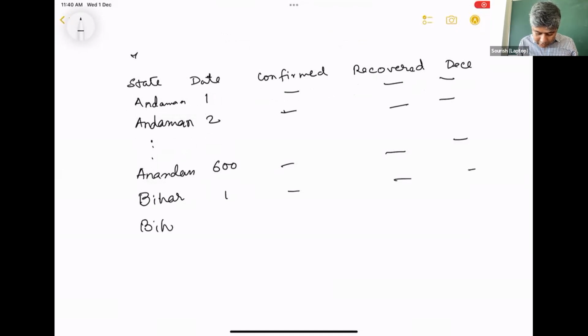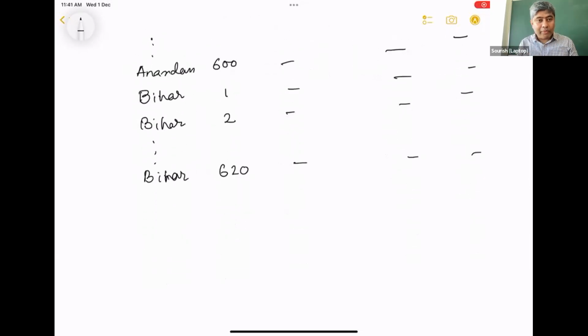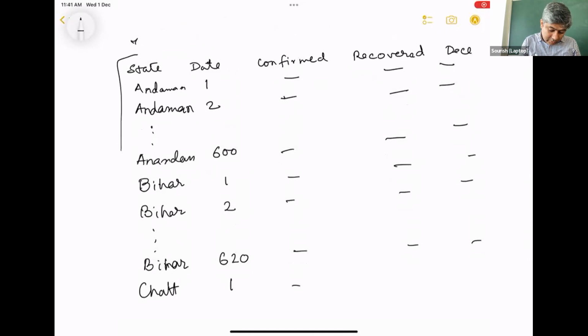Bihar. Second day, what are the values? In this way, we will complete Bihar. Maybe we have Bihar 620 days of data. We'll do the same thing, whatever the number of days, we don't care. Then after Bihar, we will do, say, Chhattisgarh. So this is typically called long format. This way of storing data is known as long format.